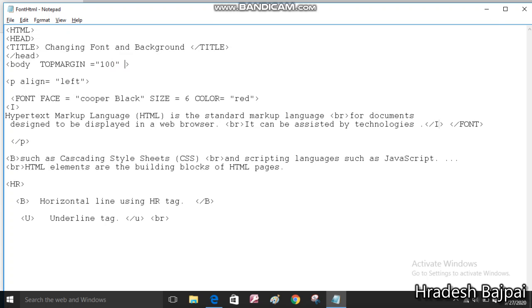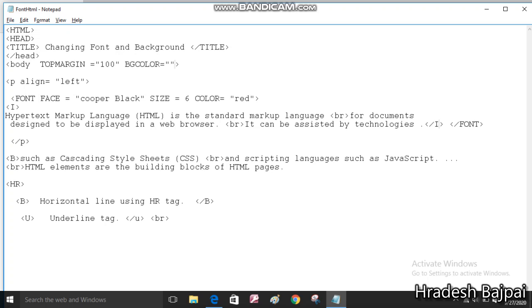After giving a space, you can use multiple attributes within a single tag. As I have used the top margin attribute earlier, now I'm going to use the background attribute. For changing the background, the attribute is bgcolor, then equal, and in double quotation marks you can specify the color name.